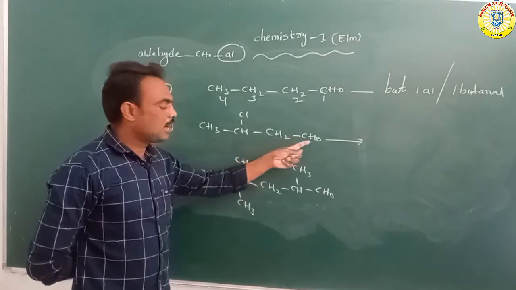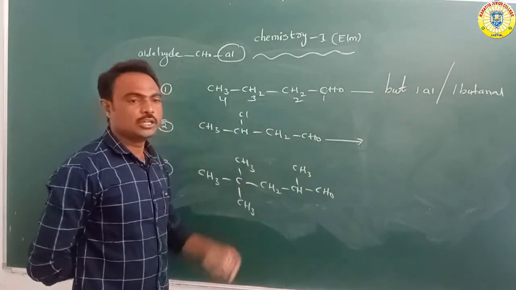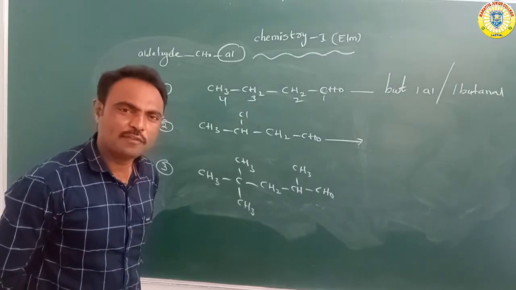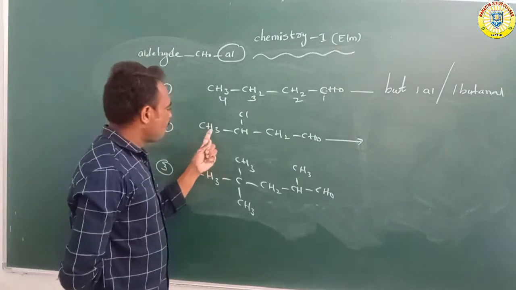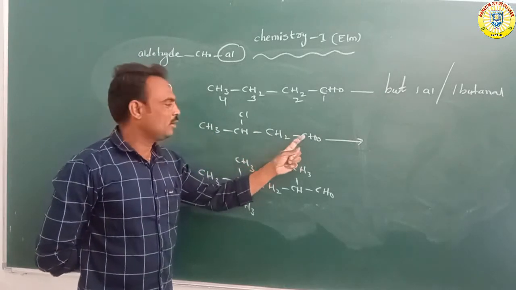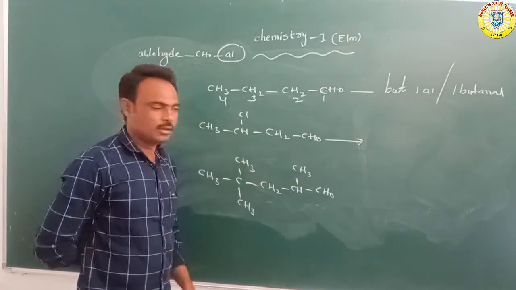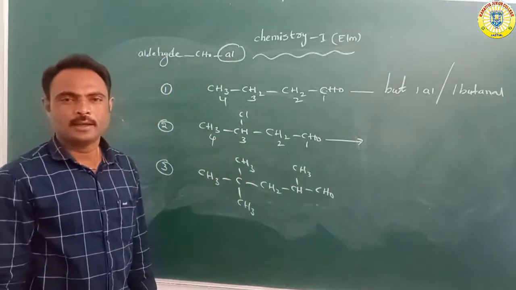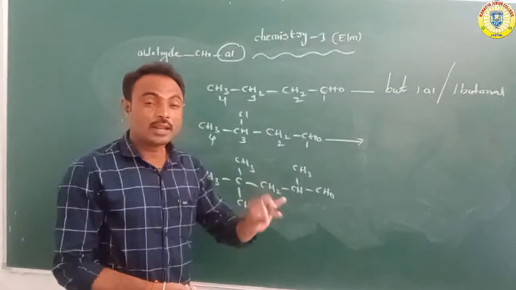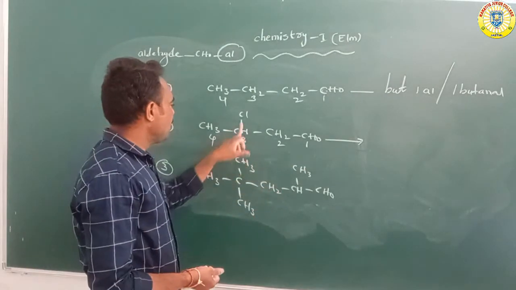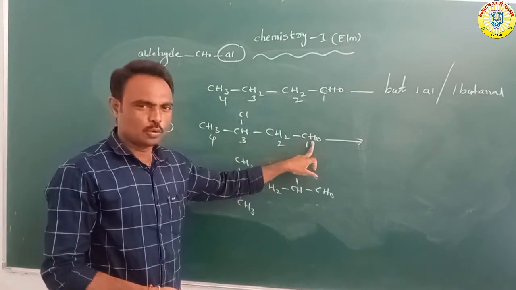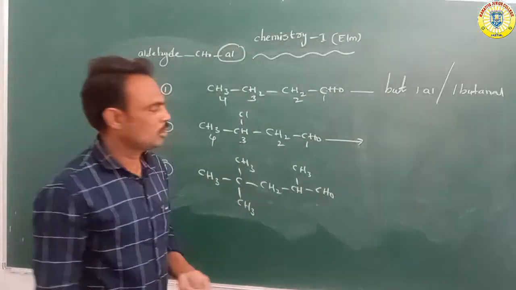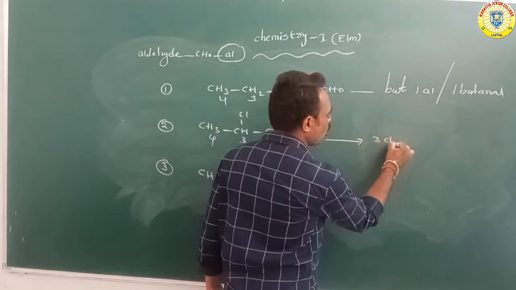So it is attached with the aldehyde functional group and also a chlorine group. At that time, we give the number from the aldehyde functional group side. So 1, 2, 3, 4: the fourth carbon from one side, the first carbon from the other. So 1, 2, 3, 4. First we write the attached groups, like chlorine. This is chlorine, attached with which carbon? The third carbon. So 3-chloro.